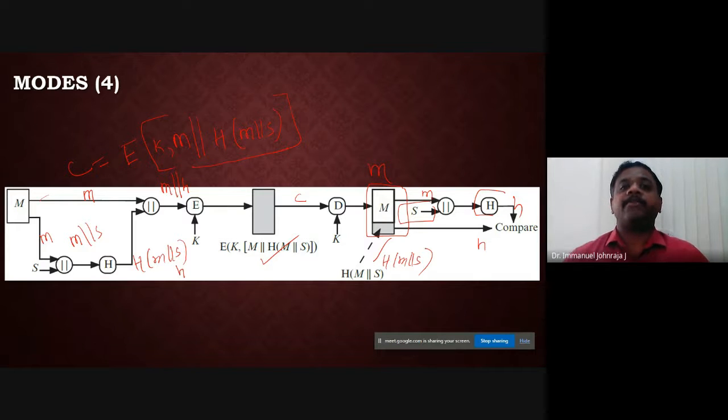The second one is the secret value, which is known only by the sender and the receiver, A and B here, and which is added to the original message. Then the hash value is calculated and appended to the original message. Then the encryption is done. All these things are done in reverse at the receiver side to find out whether the hash values remain the same. This is what happens in the case of message digest.